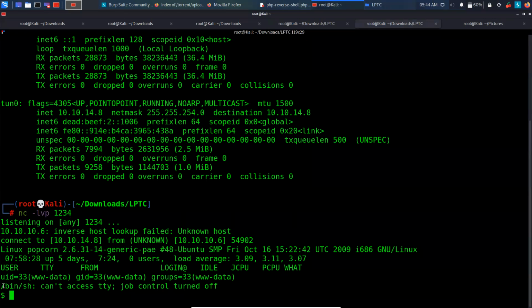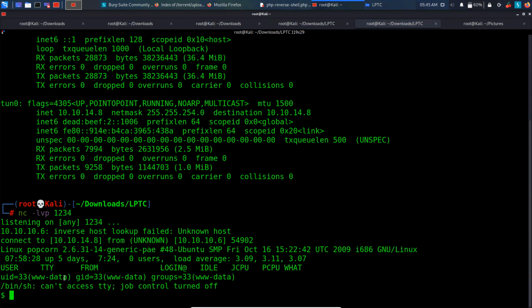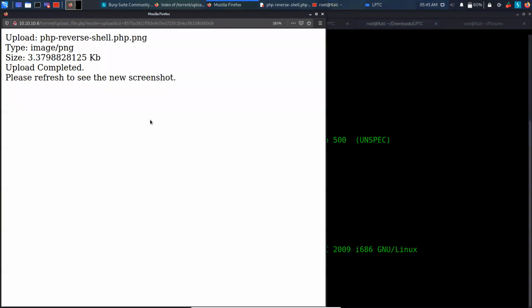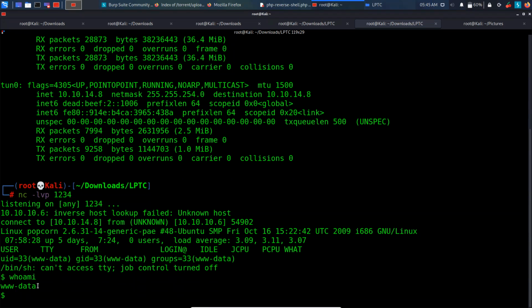And we got something over here, like we are www-data. So whenever you get access by exploiting a web application vulnerability, like we just exploited, you will be a user known as www-data. This is a default user in Kali, which doesn't have many privileges on the server, but it exists so that when the server doesn't want to give you much permission and you are just a user of the web application, you get this. So it's nothing to worry about. You can also see whoami is a command to see who you currently are, which is www-data.